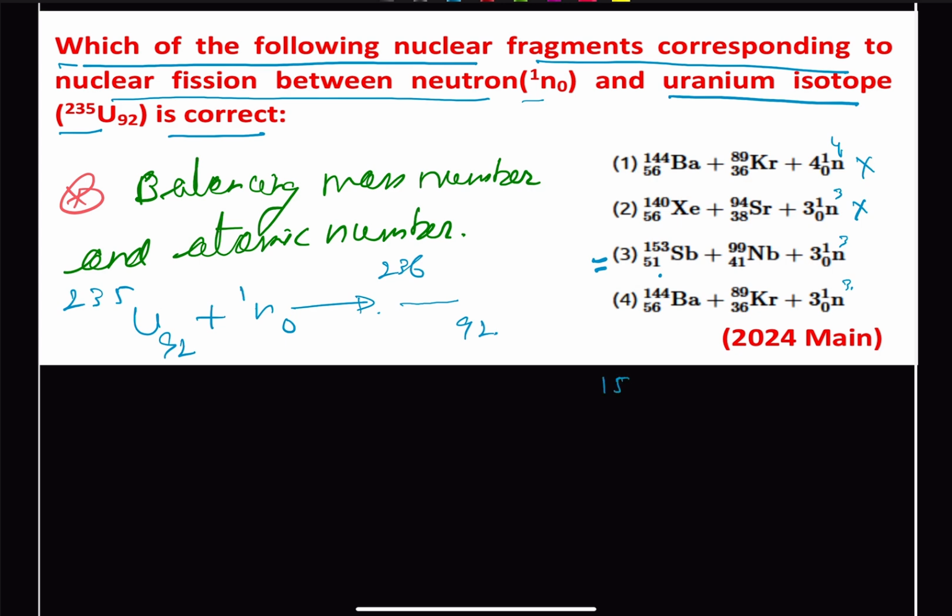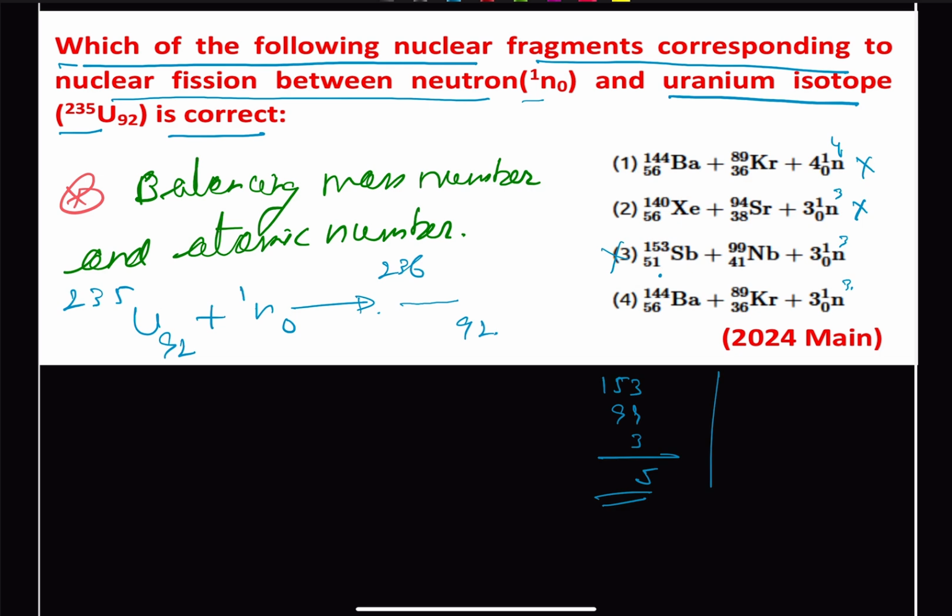Let me check thoroughly, 53, 99, and we have this 3. Oh sorry, yeah, my mistake, I added it wrong. So this will be 5, not 6, so this cannot be correct,